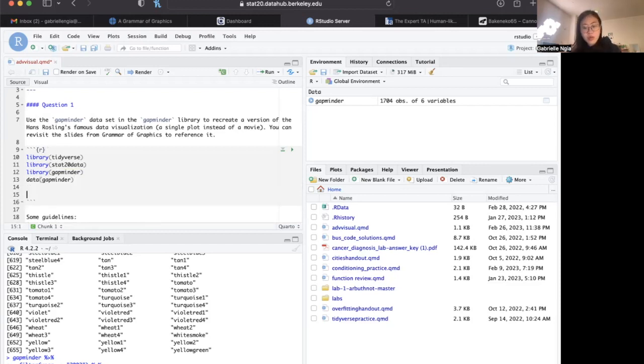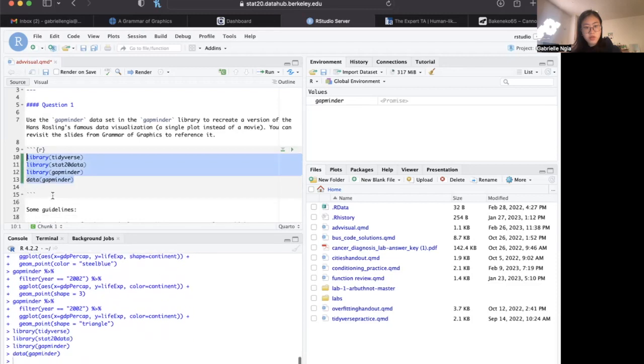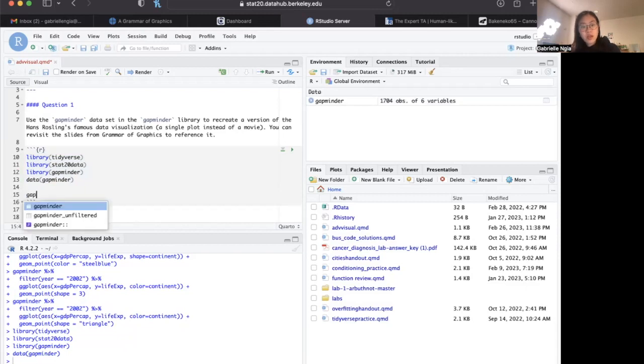But moving forward, we're just going to run that really quickly. I have it already run down here when I was troubleshooting everything, so it won't show up with the red message. If you do get that red message, it's fine. It's just telling you that it's been run. But we're going to start off and do Gapminder,